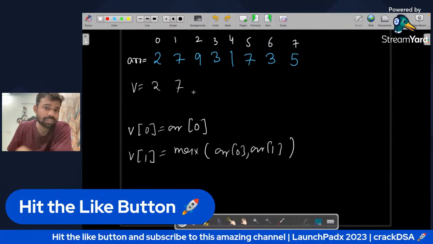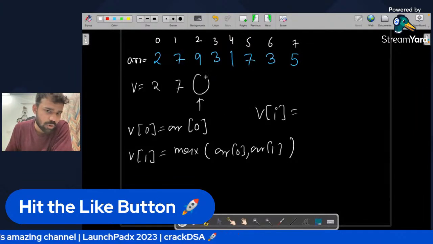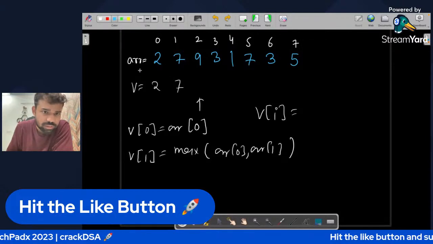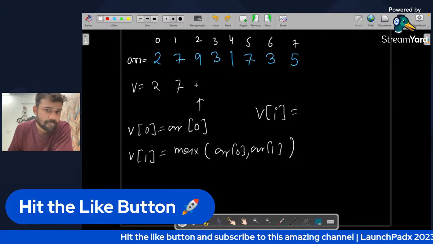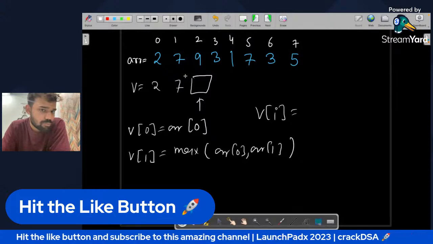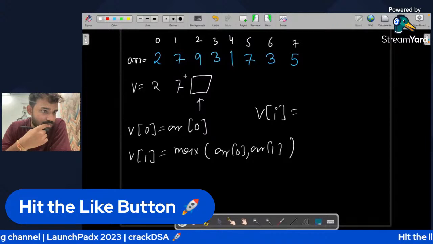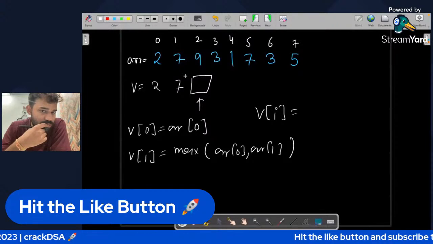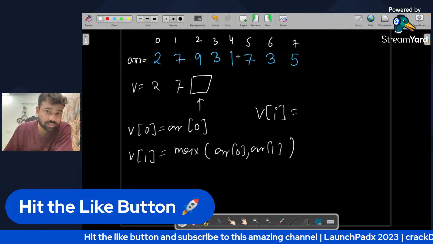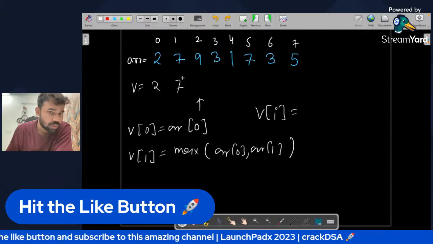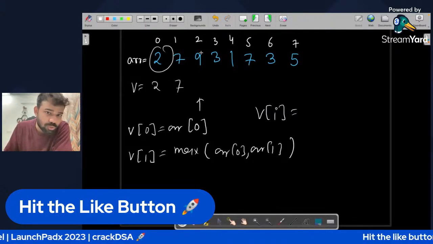Got it? अब इसके आगे इसकी बताओ, या मैं अगर इन जनरल बात करूं वी ऑफ आई की वैल्यू क्या होगी, इसके आगे किसी भी इंडेक्स इसकी वैल्यू क्या होगी, व्हाट लाइक इफ यू हैव these three houses, so what is the maximum amount of money we can take if you have these three houses? 11. 11. How? 2 plus 9, 11. 2 plus 9, 11 ना, we cannot take adjacent, but we can take this thing ना, तो हम 2 को भी ले लेंगे, 11 को भी ले लेंगे, 9 को भी ले लेंगे।